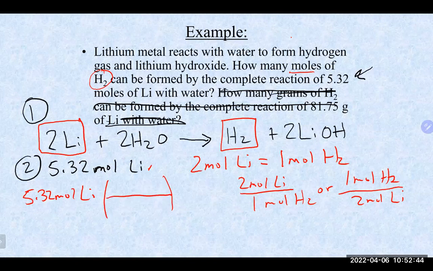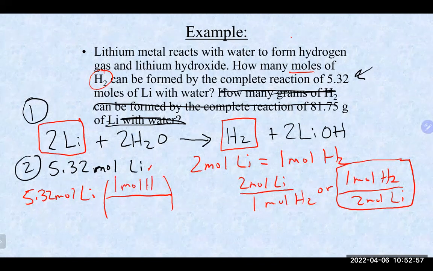The one on the right, because the goal here is to get rid of lithium, which is what we're not interested in, and basically end up with hydrogen. So we do want to use the one on the right here, because again, opposites will cancel. That gives us 1 mole of H2, 2 moles of lithium,